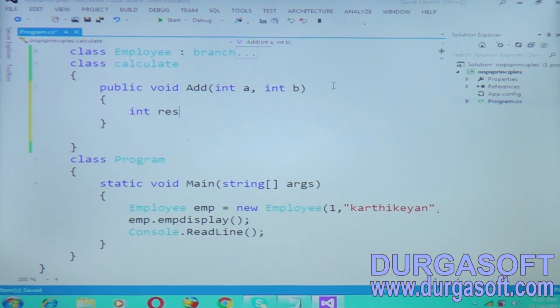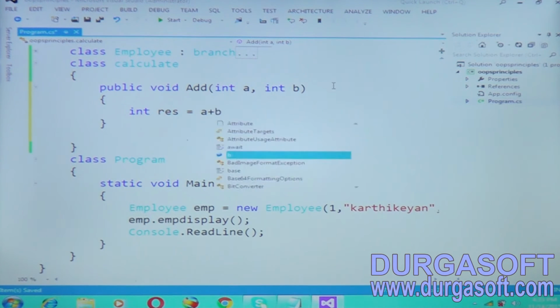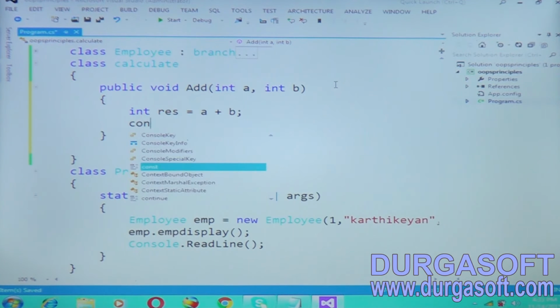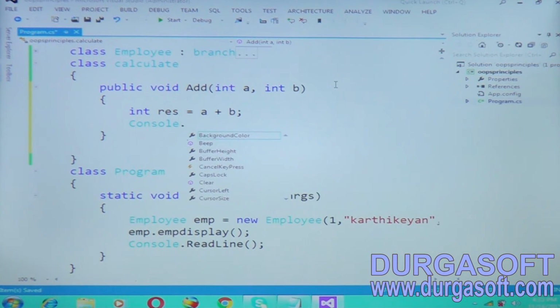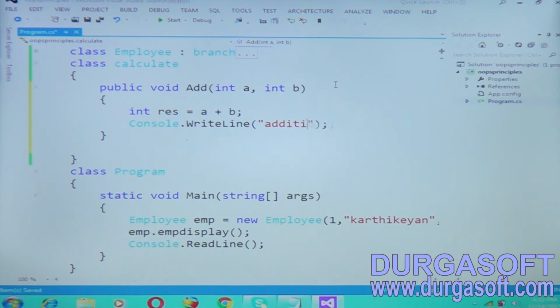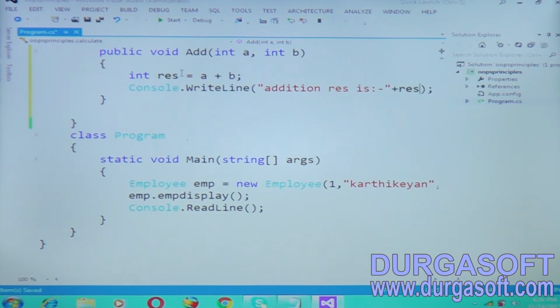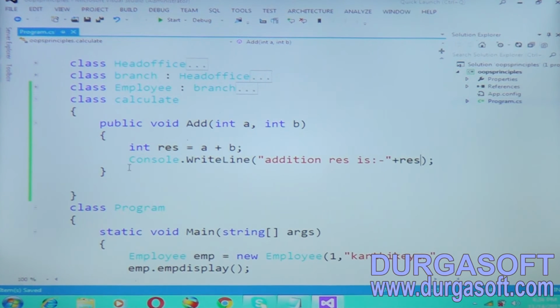I am storing the result variable as a plus b. Now I am printing the value of result with Console.WriteLine, the result is addition, plus the res variable. Fine. Now I am taking another method in Calculate. It consists of two parameters, a and b, both integer types.